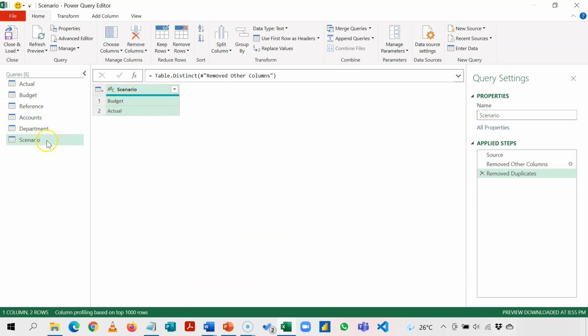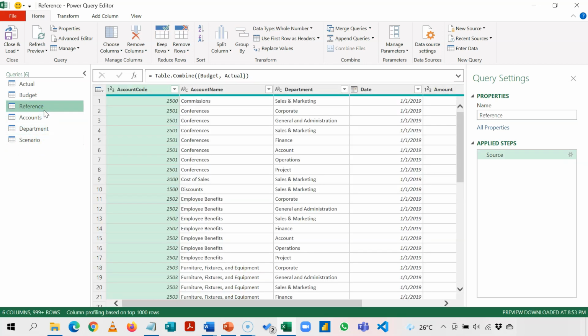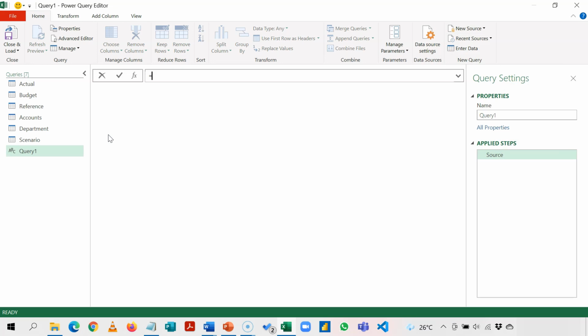Okay, so these will now represent our dimension tables. Now the next thing we're going to do is to create a sequential date table for our model. So Alt-HN, and I'm going to launch a blank query here. So I'm assuming that my dates are going to be in 2019 and I'm going to create dates starting 1st